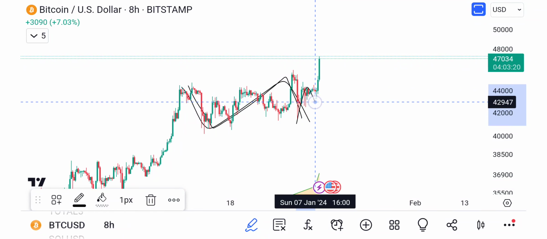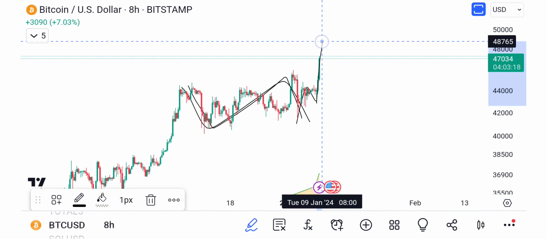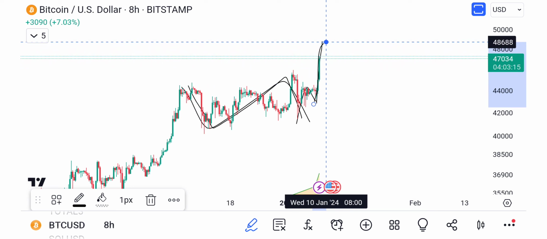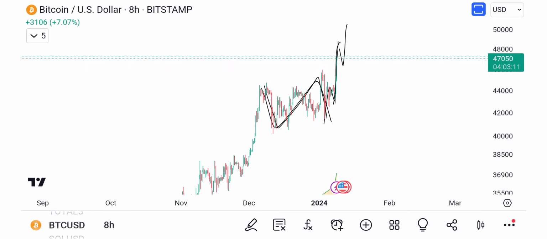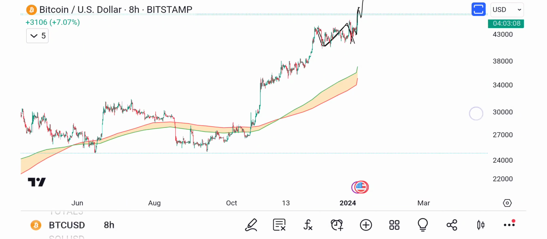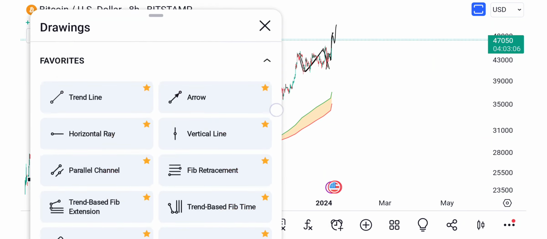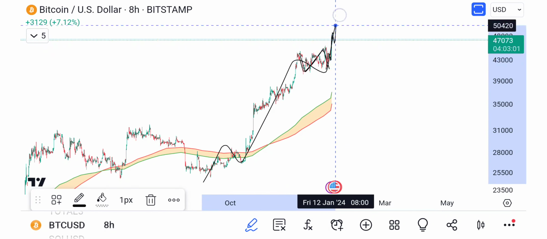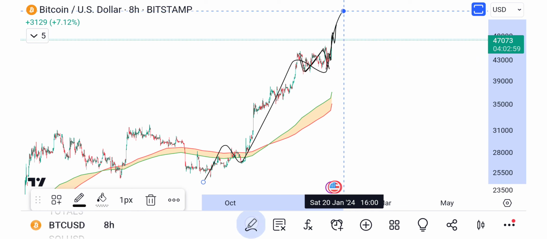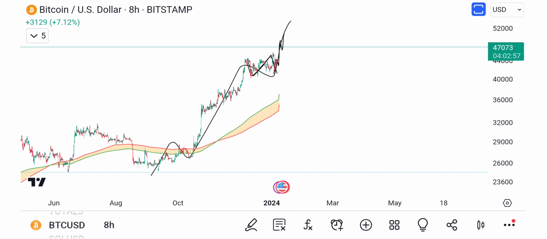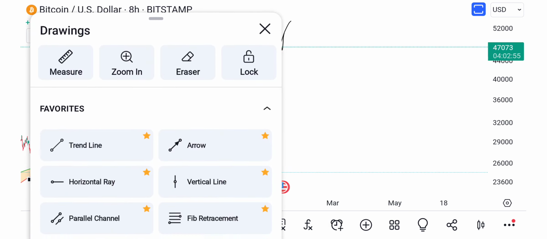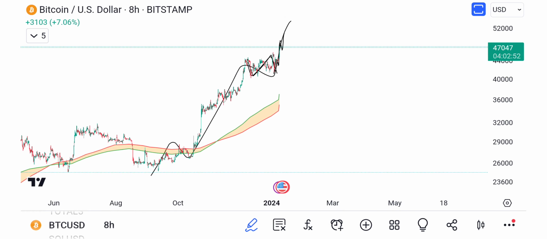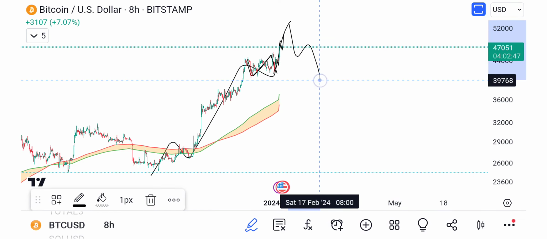And then this was a 1, 2, and now we're in the process of the third wave, right? So maybe 3 isn't done yet. We come down for 4, we tag 5, and that would potentially be a finished 5th wave, a 1, 2, 3, 4, and then 5, right? So then now we can rule out what it's not. Basically, if this is a 5th wave, then we're going to be looking for an ABC.